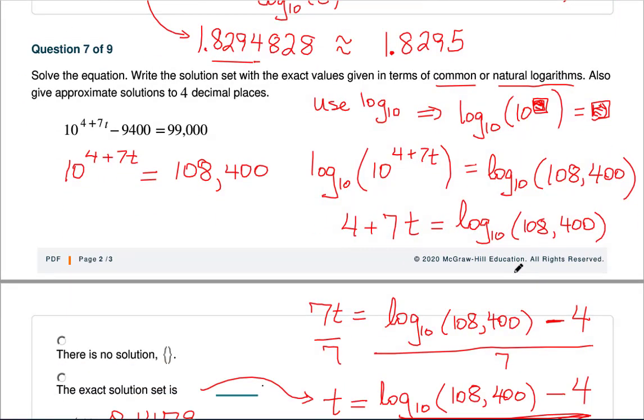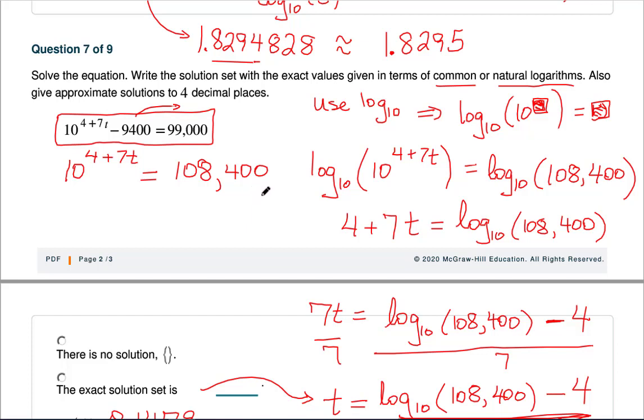All right, question 7. Now the secret here on 7 is we need to clean this up a little bit before we move forward. So first off, I'm going to take this minus 9,400, move it to the right, combine it, and I get